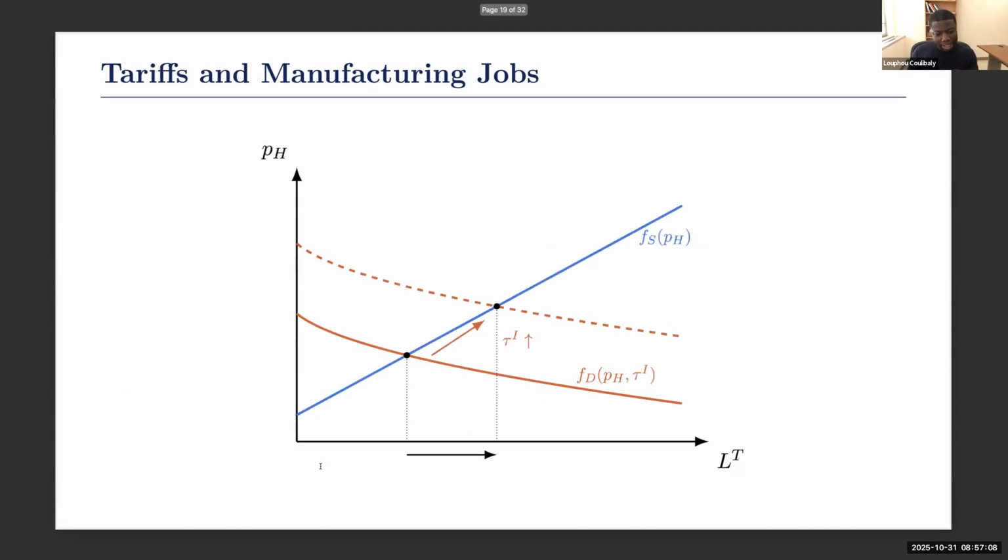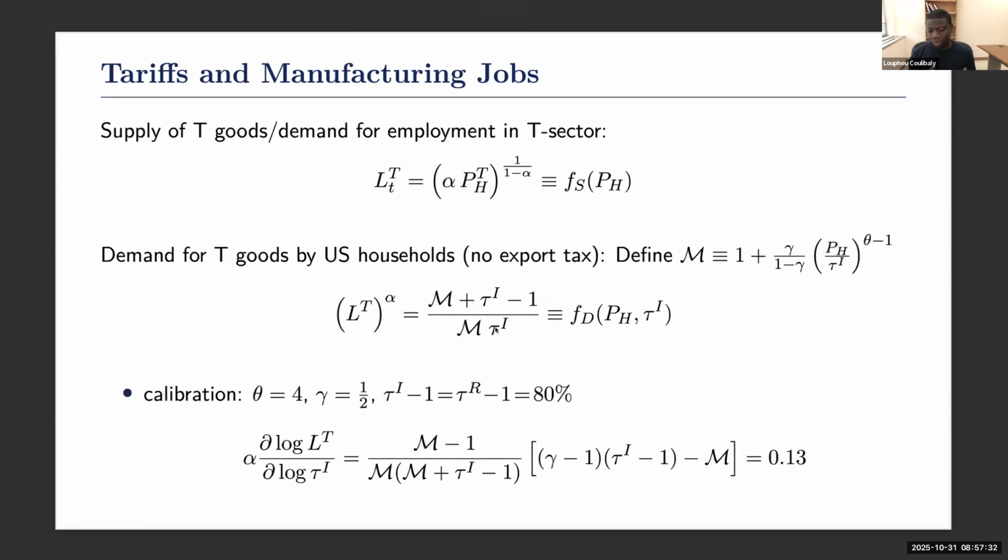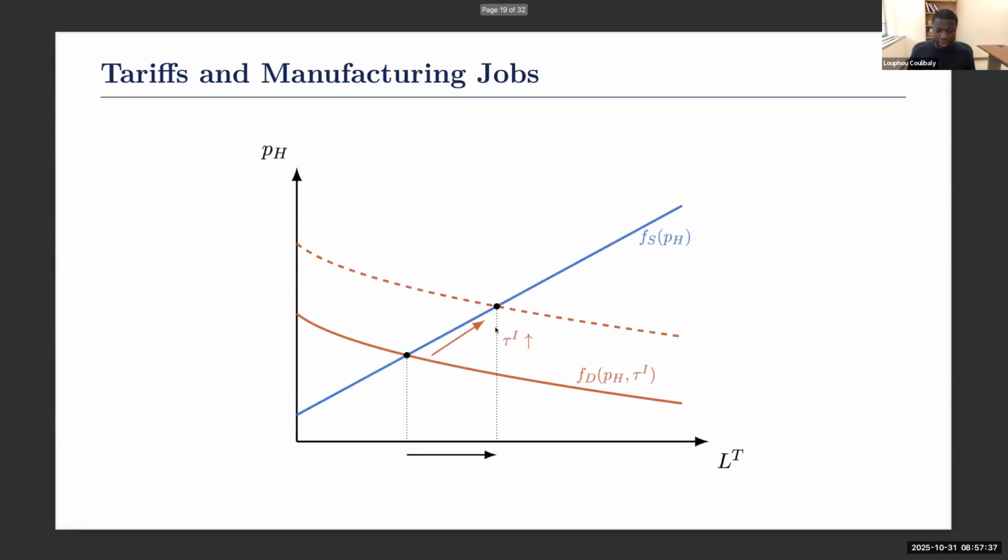So I'm going to plot that in this graph so that you can see what I mean. So this is the supply of good, the demand for good, which I call the supply of employment. And when tariff goes up, it shifts this demand curve to the right, and the new intersection is here. So what is happening here is that if you assume elastic labor supply and you assume that tariff is sufficiently high, so in this calibration, if I were to take 34%, which is the welfare maximizing one, it will still be negative. But if I take 80%, for example, the revenue maximizing one, it's going to be increasing jobs.